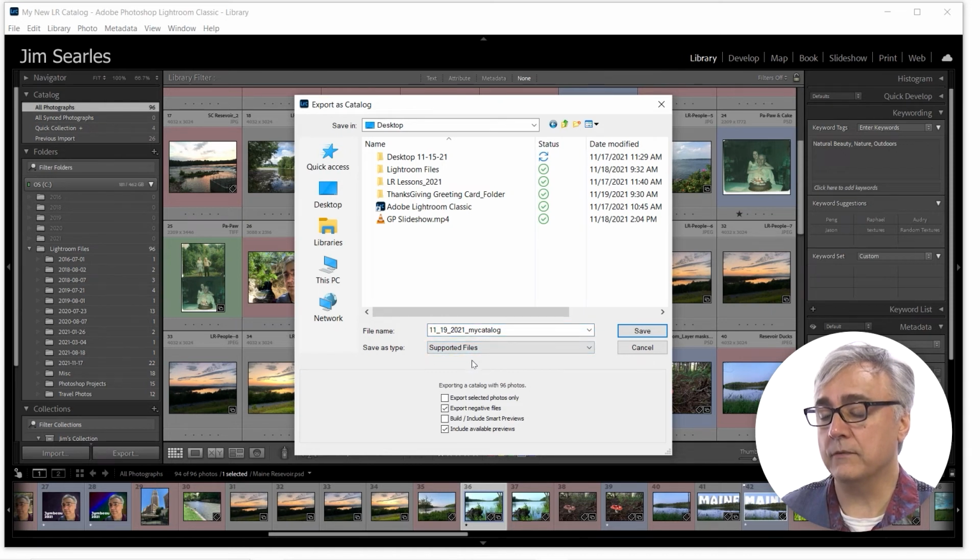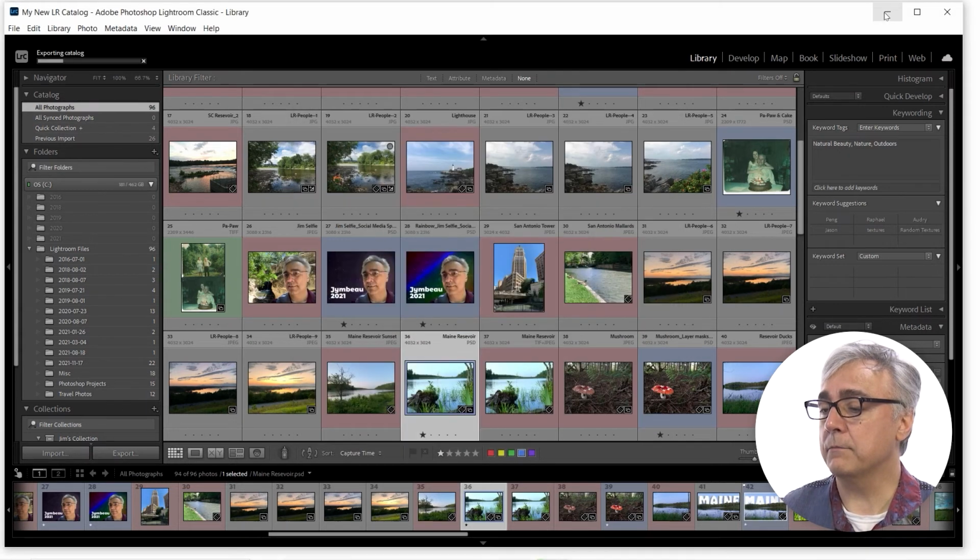There's no other choice. And you see some checkboxes here, exporting a catalog with 96 photos, because I selected all of them. It's going to export selected photos only, which I have all of them, so that's not an issue. Export negative files. Okay, so if I've got negatives. Build includes smart previews, so I could do that. I do have some smart previews in my list. Include available previews, and that'll work as well. So once I hit save on the desktop,